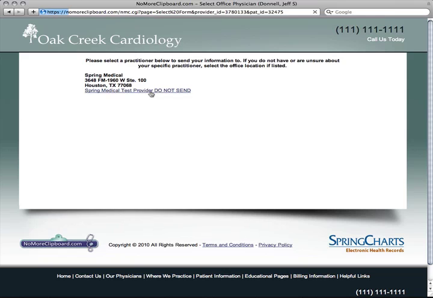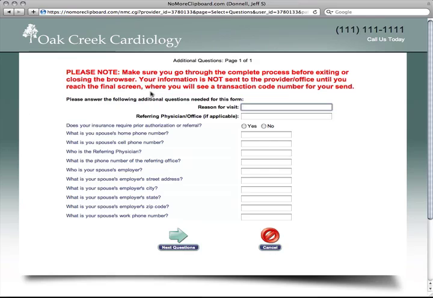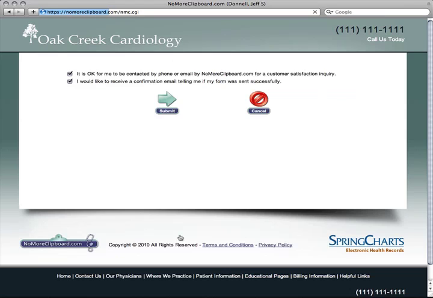And if I click on that provider, I am then presented with some additional questions that are unique to the Oak Creek Cardiology practice. So we automate any questions that we don't normally collect, so the patient can go through and respond to these. So for example, the reason for my upcoming visit might be that I have swelling in my legs, and I was referred by Dr. Smith. And I could go through and answer these additional questions. I then submit that to the practice,